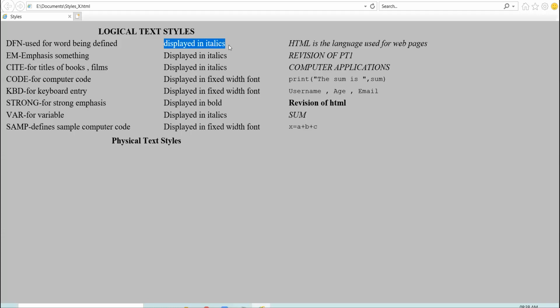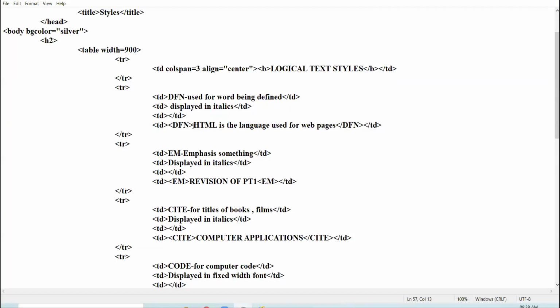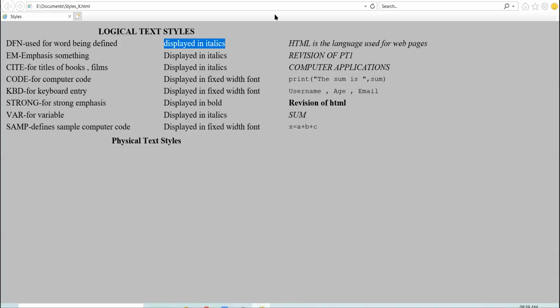Whenever you enclose any text within the DFN tag, see here the coding part. I have enclosed this definition within the DFN tag. Whatever definition you write within the DFN tag will appear in italic form. Am I clear?